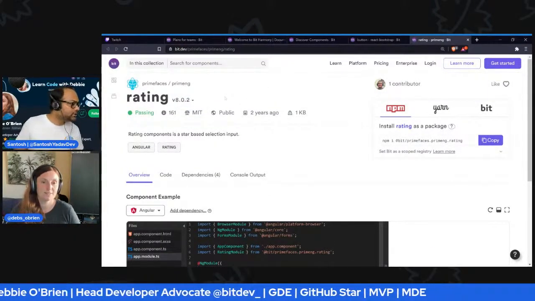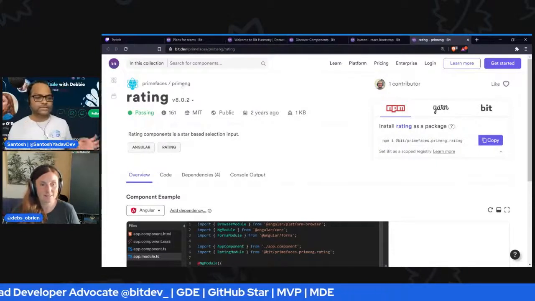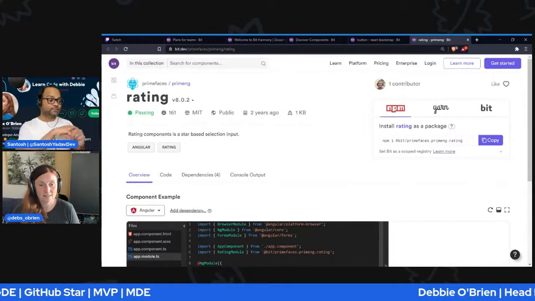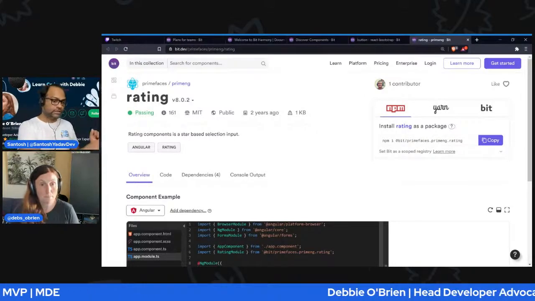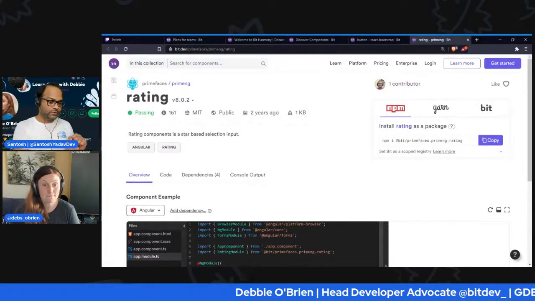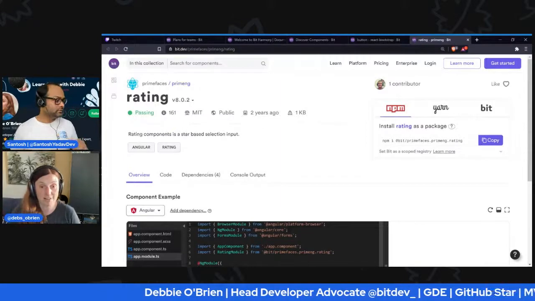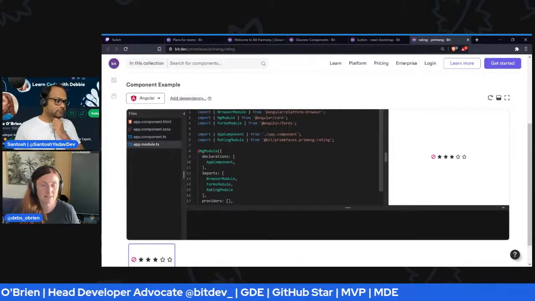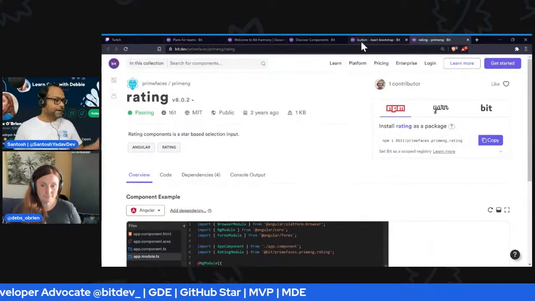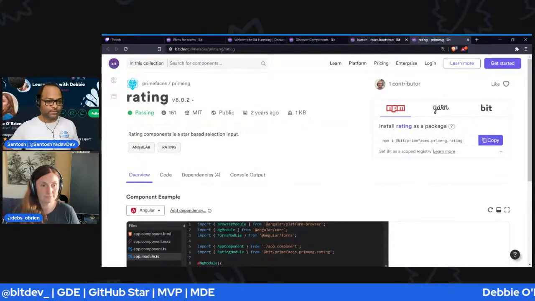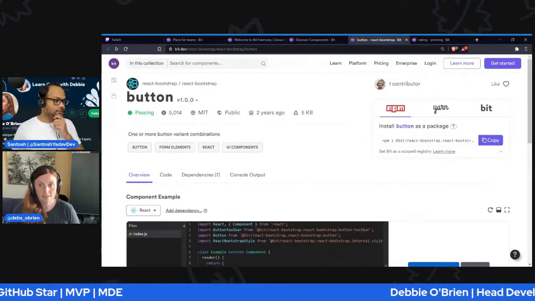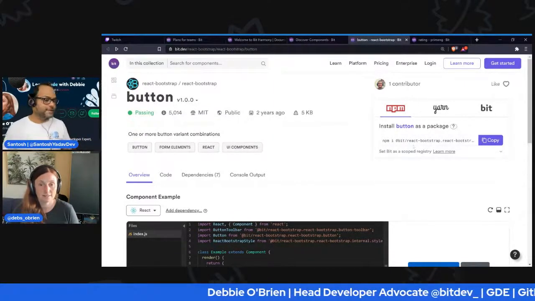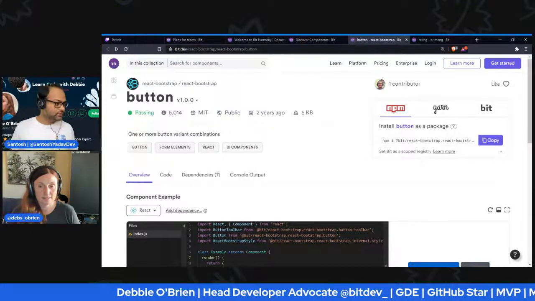Okay, so I think these are PrimeFaces, right? So these are actually the same components which are available on PrimeNG, but they have exported them as Bit components and hosted them here as well. That's what they have probably done. Yeah, I'm imagining. I haven't really looked too much into the Angular stuff, but I'm imagining that's what PrimeFaces have done. Because in React also we had React Bootstrap, which exists on NPM as well. So probably they exported it and then imported it here as a Bit component, so you can use it.